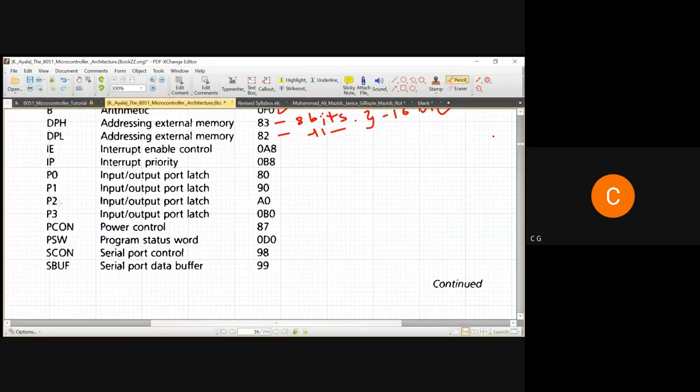Now P0, P1, P2, P3 are the latches. These are gateway-like ports, right? On the ports or your airports, people can come from one country or go out to another country, by having proper documentation. So these latches are buffers. They communicate with the internal and external world on behalf of the CPU, but they also protect the CPU from receiving damaging signals, right? So whenever they feel the threat that some signals are very high value or low value,